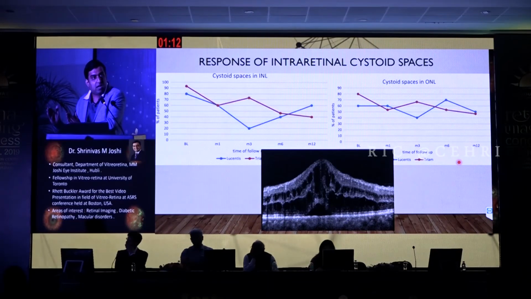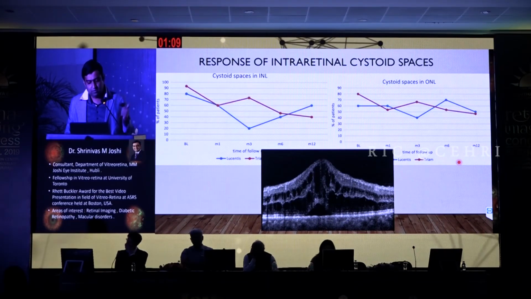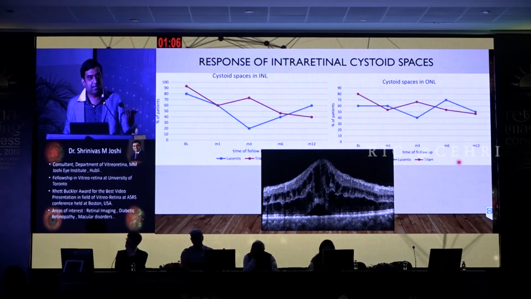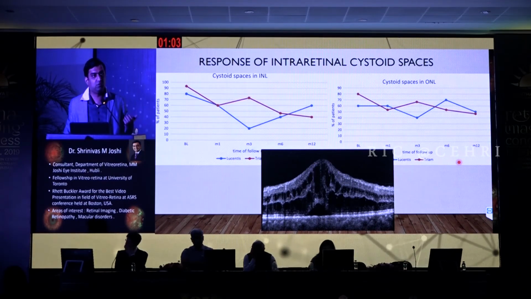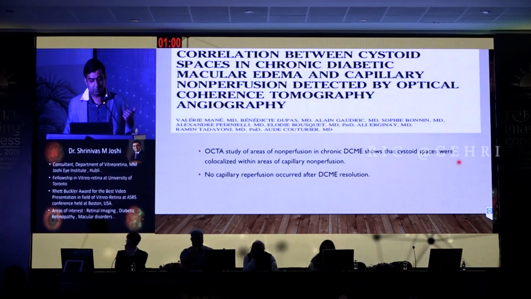When we look into the vertical assessment, it can happen at the INL because of leakage from the capillaries, either the SVC or the DVC, and in the ONL because of disruption of the outer retinal barrier, and also the SRF. In this paper, it was very nicely said that cystoid spaces in the inner nuclear layer usually respond well to anti-VEGF, but they did show some recurrences. Whereas cystoid spaces in the outer nuclear layer are pretty slow to respond. Once they respond, they do have a status integro. So when we look into these papers, what kind of anti-VEGF or steroid we need to use when they involve either the ONL or the INL is pretty well addressed.